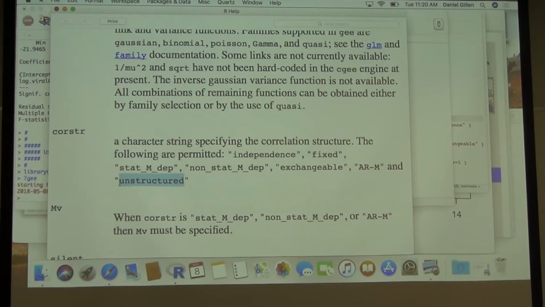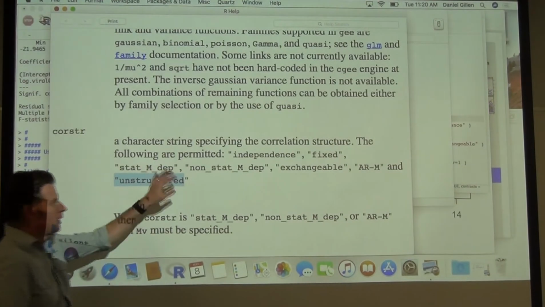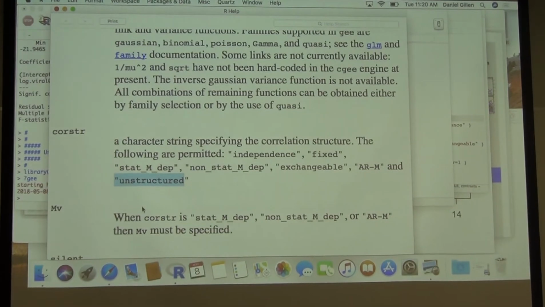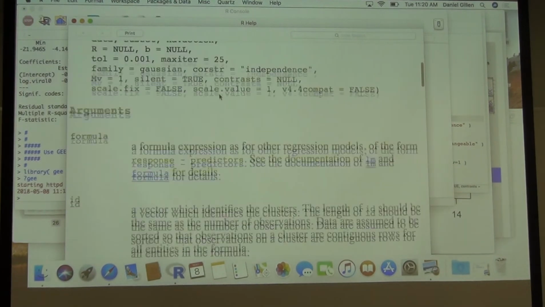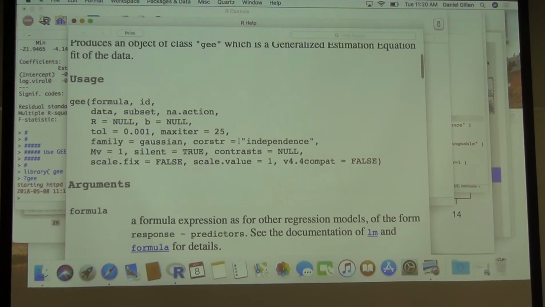So those are the cases where you might start entertaining an unstructured variance covariance matrix, but other than that, don't start thinking too much about it. And again, I'll talk a little bit more about stationary independent and non-stationary independent correlation structures later. I'll hold those off. The final thing I will note is there's always something like a tolerance and a maximum iteration, even when you're dealing with family equal Gaussian, as long as it's not in the independence or fixed case. And that's because